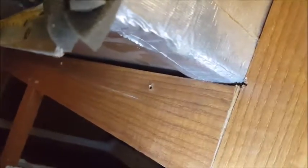I got it out about 4 inches, and whoever said this thing weighed 235 pounds, I believe them. So I got to try to get something to slide it on because it's starting to tear this trim out right here on the corner. So I need to kind of raise it up and put something in there to let it slide rather than trying to slide on this insulation and tape. I don't know, when they put it in there they probably had a sheet that they could pull out the back or something, but